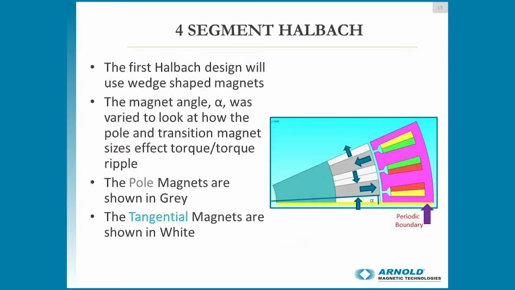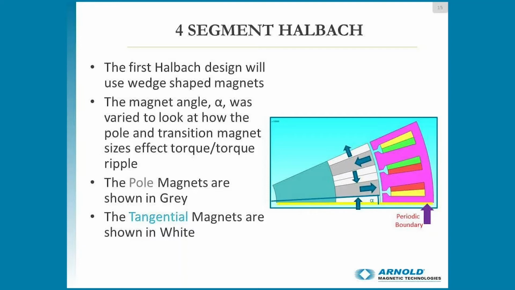Now, let's take a look at the Halbach. If you're not familiar with a Halbach topology on the surface or circumference of a rotor, we're inserting magnets, tangent magnets, we'll call them tangent magnets, between the radial magnets of the rotor. So instead of just a north-south orientation around the circumference of the rotor, I'm going to insert a tangent magnet between, as you can see on the screen in front of you.